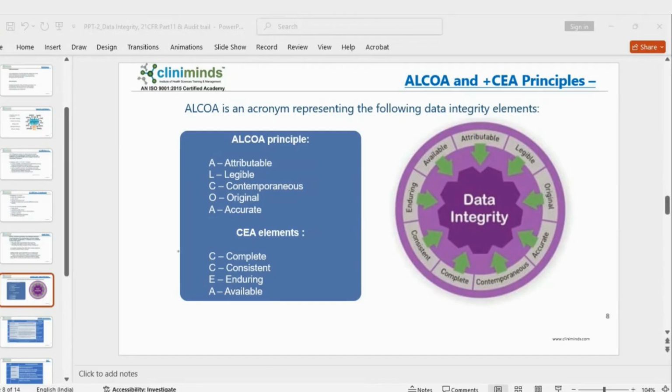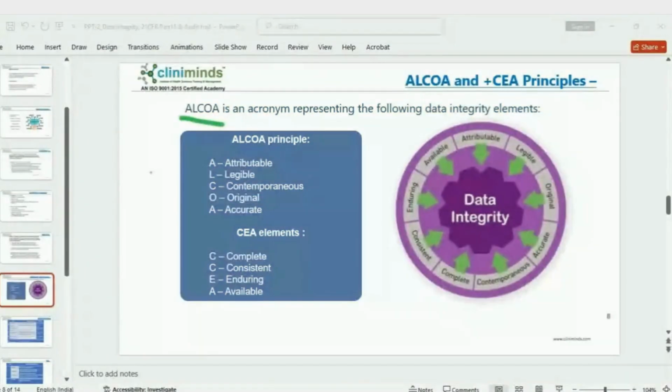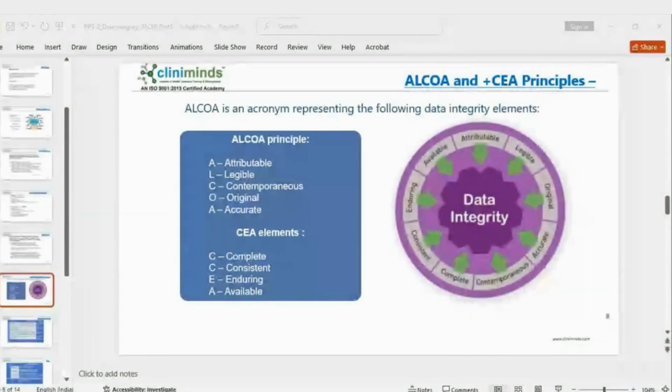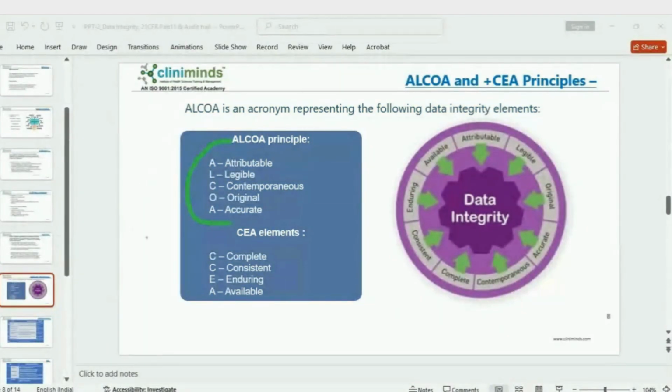So, what is ALCOA and what is CEA? ALCOA is an acronym representing the following data integrity elements. So, the principles used for maintaining data integrity are ALCOA and CEA,